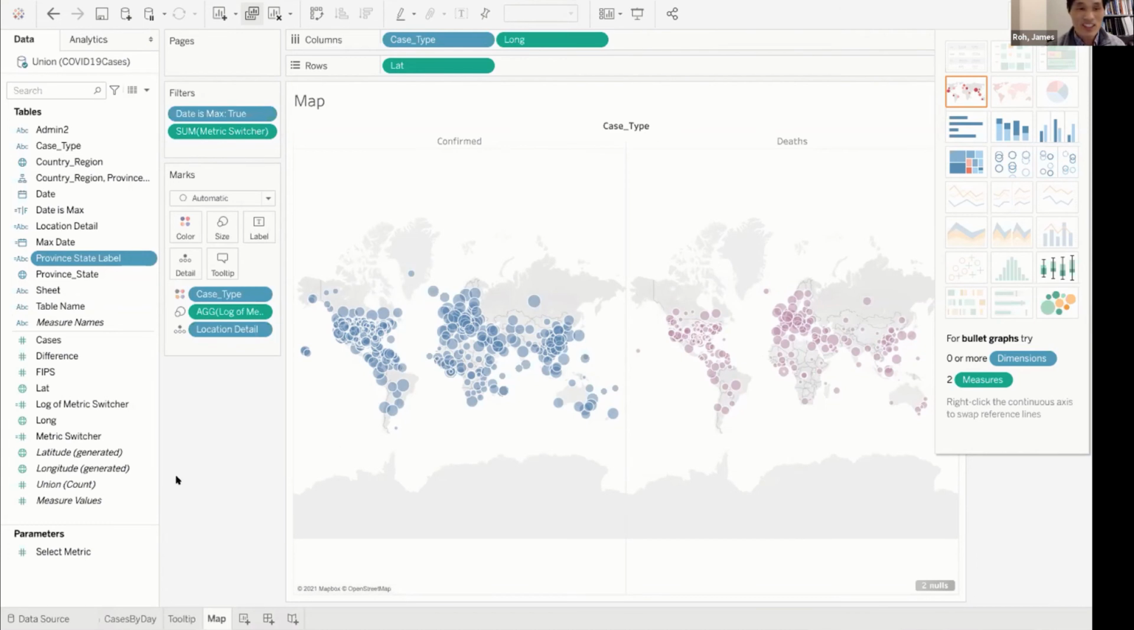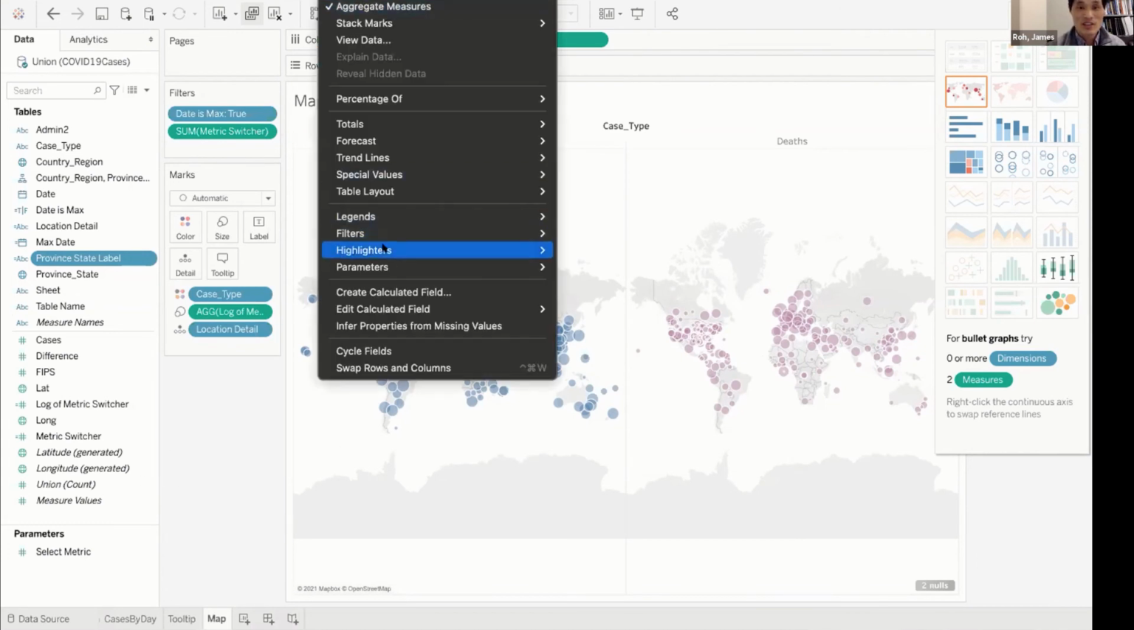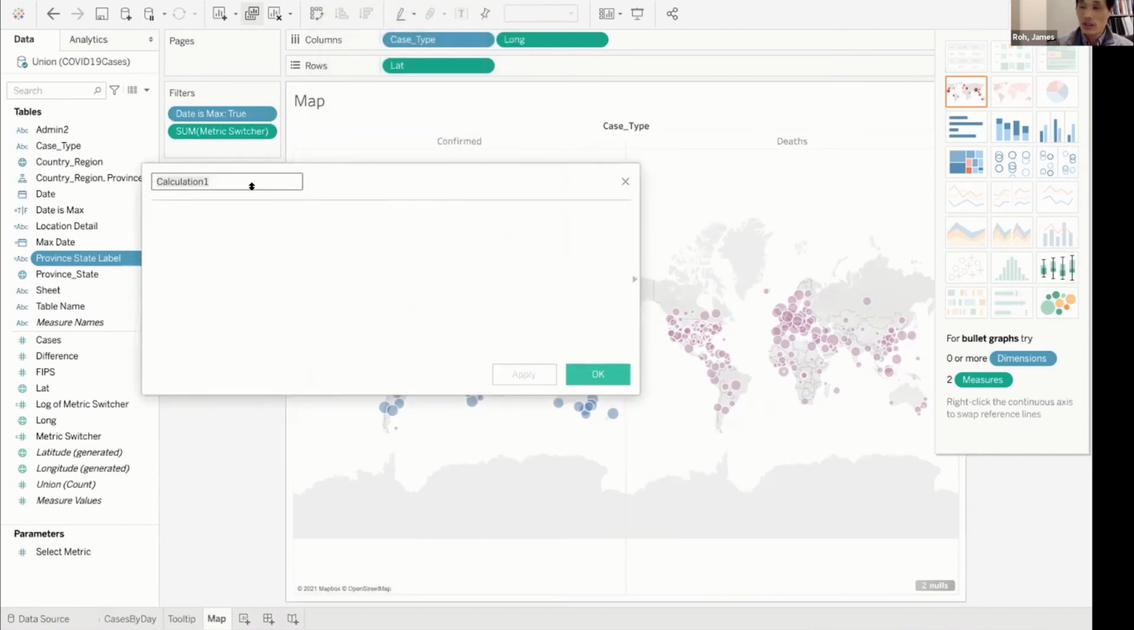We are creating another one. So let's go to analysis, create calculated view. So step 48, the name is admin2 label, in other words, the county label, US. So the US county label will be created if country region is US, then you want to include this. Bar means everything,